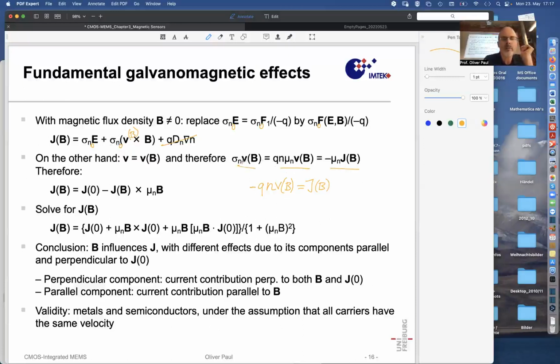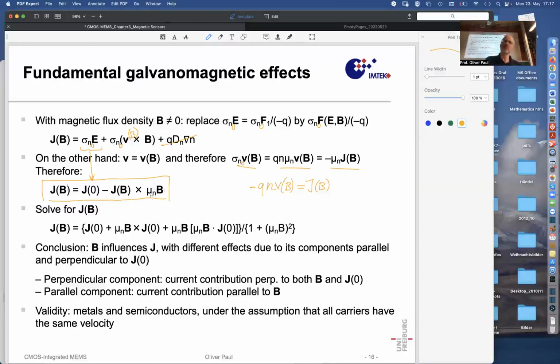Of course, I have to add my n0 also. I can replace the sigma n0 times v by minus mu n JB. And if I do that, replace it here, and also replace this here by J0, then I obtain an equation that tells me where the current flows in the presence of B,